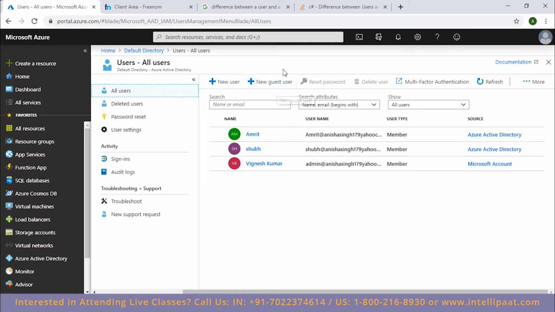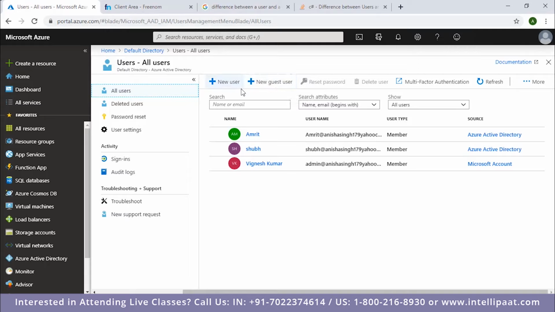That is when you use this new guest user option. So the new user option has to be used when the user is an internal member of the organization, and the new guest user option has to be used when your organization wants to give access to some external party that is not a part of the organization, but needs access to the organization's services.